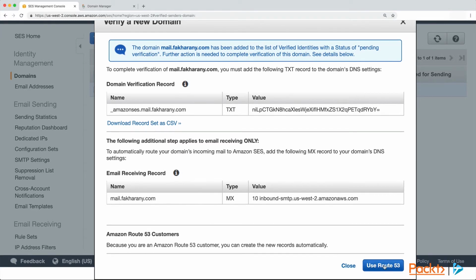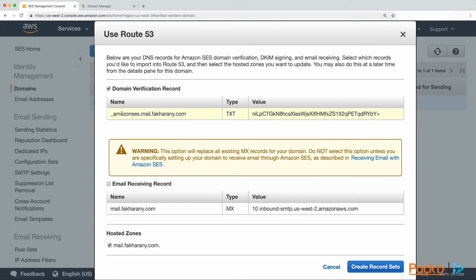inbound-smtp.us-west-2.amazonaws.com. So I'm going to click on Use Route 53 here, and I'm going to check on email receiving record to be created as well. It's going to create the text record automatically for me. So I'm going to let it also create the MX record for me instead of having to manually create it. And notice that if you do have another MX record in your domain, it is going to be overwritten. So you will have to make sure that you do not have an MX record already in your domain, or be aware that it's going to be overwritten by this action. I'm going to click Create Record Sets,